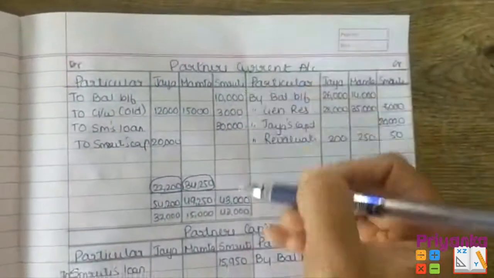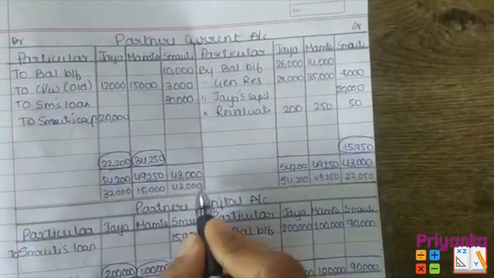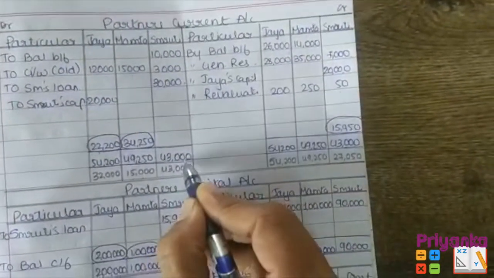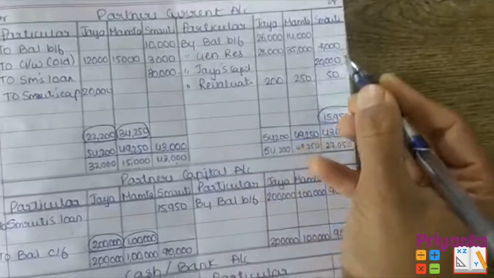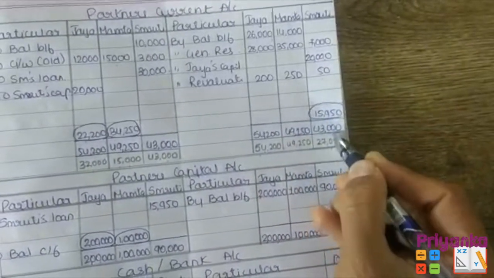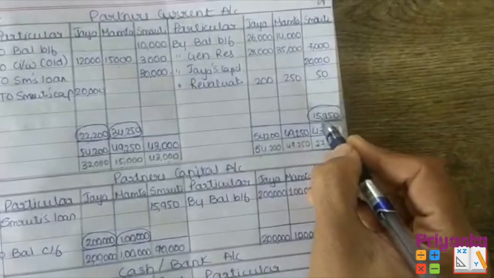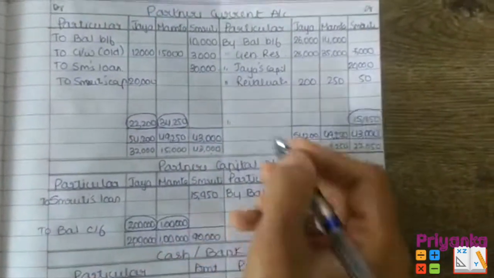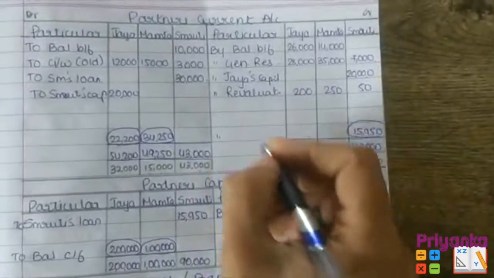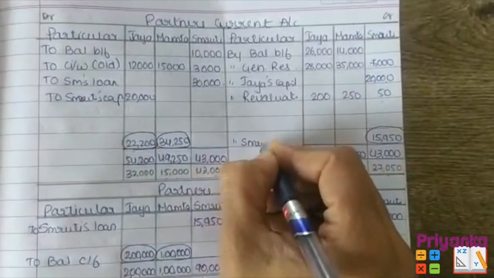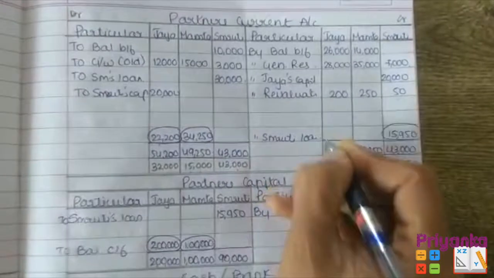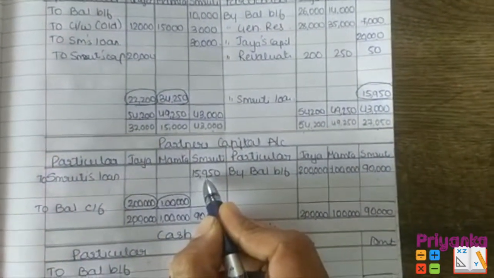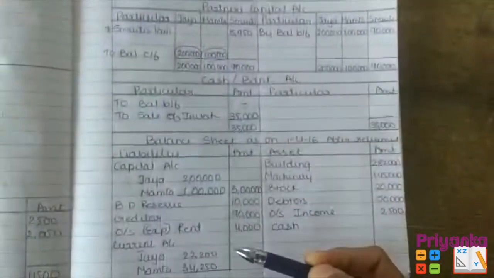At the end, Smriti, the retiring partner, I made a total and found 43,000 is comparatively more. ये वाला ज़्यादा है तो मैंने दोनों साइड लिख दिया और यहाँ पे 27,050 से माइनस कर दिया. So this is the difference I found, which will be passed on to the partner's capital account as a loan. See, only the retiring partner's number has been passed on to the partner's capital account. इसका डिफरेंस हमने डायरेक्टली लिख दिया.